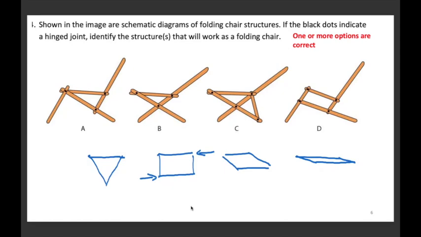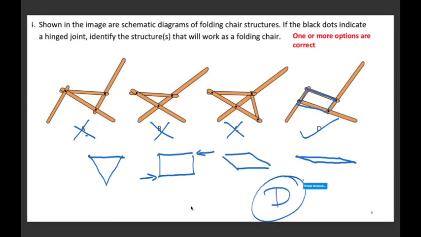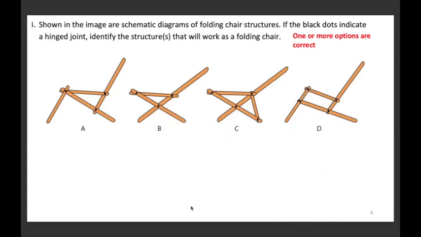It can deform itself to a very thin form also. So in A, B, and C, we see triangle form happening. So all 3 are not possible. And D is the only one which is possible because of this frame, which allows that flexibility. So D is the correct answer. Okay. We'll move to the next one.